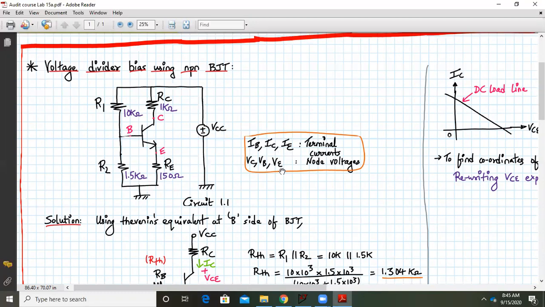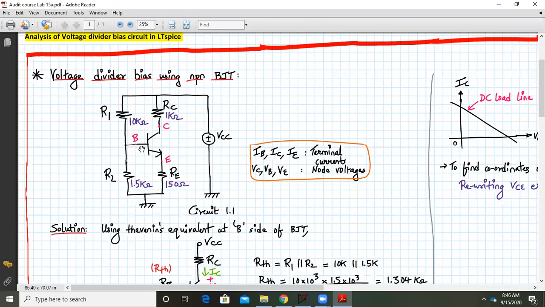First of all, let us theoretically solve for the values of IB, IE and IC and find the Q point for the circuit. For doing that, we need to apply the Thevenin's equivalent at the base terminal. Why do we require this? Because here the current is split into the current flowing through resistor R1 and the current flowing through resistor R2. It will be difficult to analyze the input circuit and the output circuit. In the output circuit you can easily apply KVL, but the input circuit is divided into two parts. That's why we apply a Thevenin's equivalent at the base side.